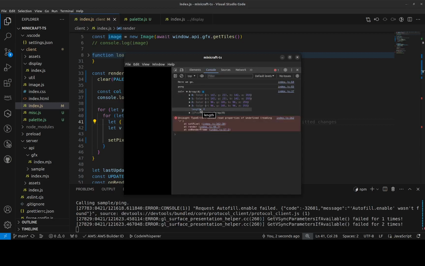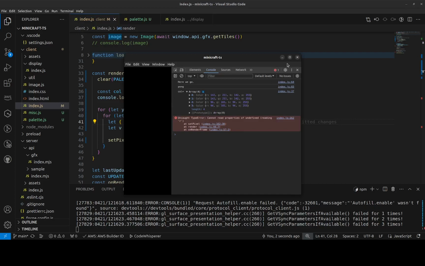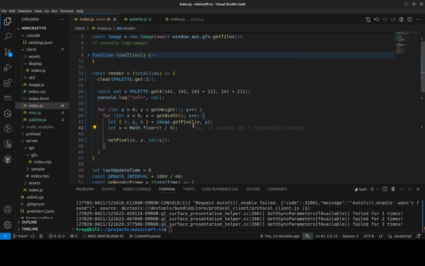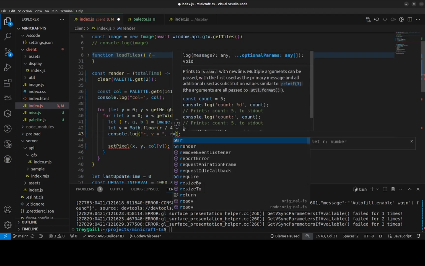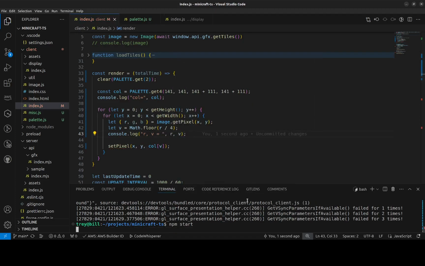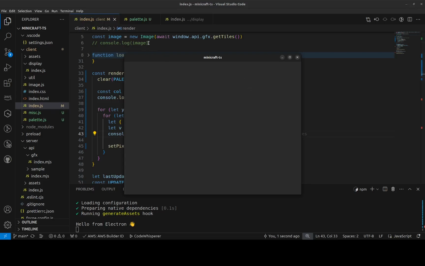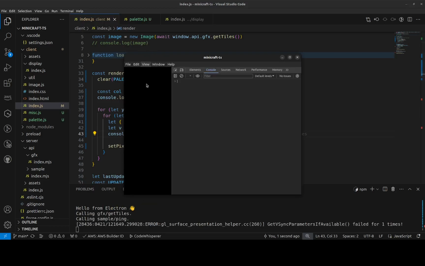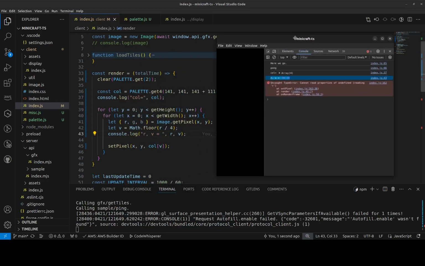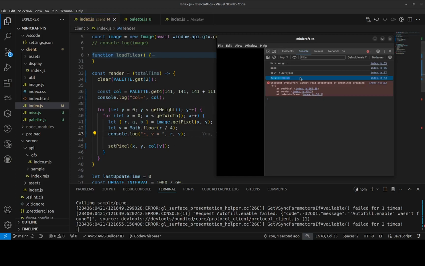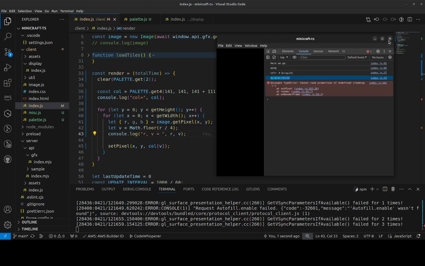So that looks right. V should not be 20. Oh,